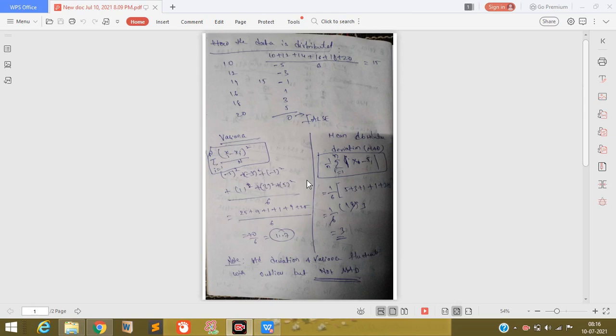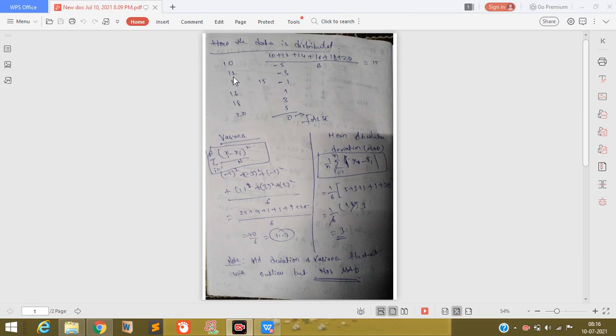So, if someone gives you a series of data and asks you to find how this data is distributed, you have to say how each data point is away from the mean. In that case, the simple way is, for example, I'm having a series 10, 12, 14, 16, 18, 20. Here is an array of data, and the mean here is 15.